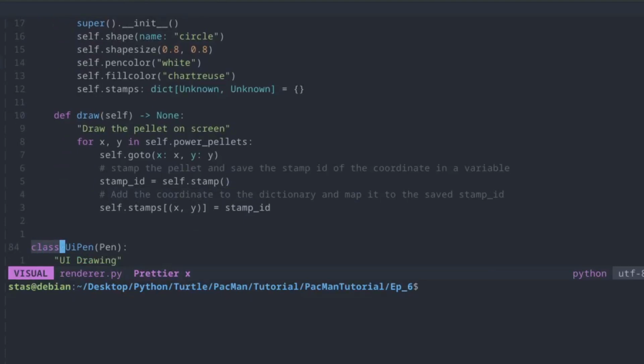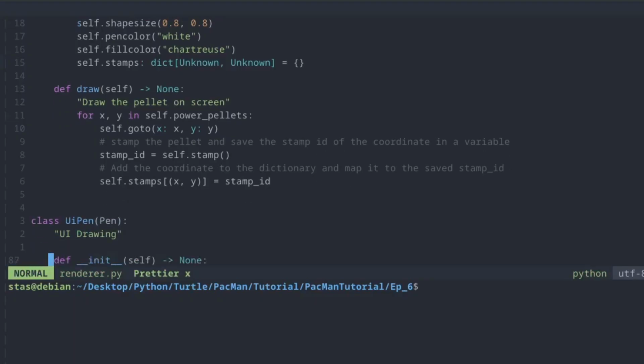It's called UIPen, short for User Interface Pen. Just like our other drawing classes, this one also inherits from Pen. We'll use it specifically to draw the UI area and display things like the score and the number of lives. We write class UIPen(Pen): Now we define the function that runs when this object is created. def __init__(self):